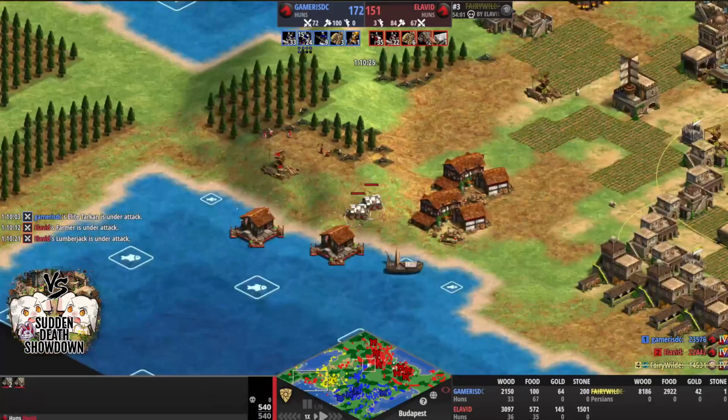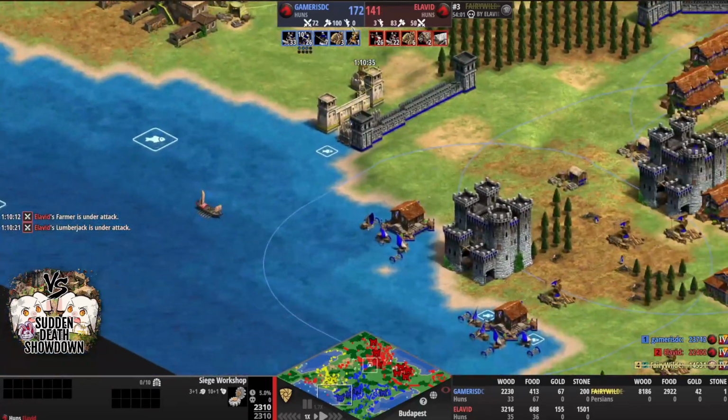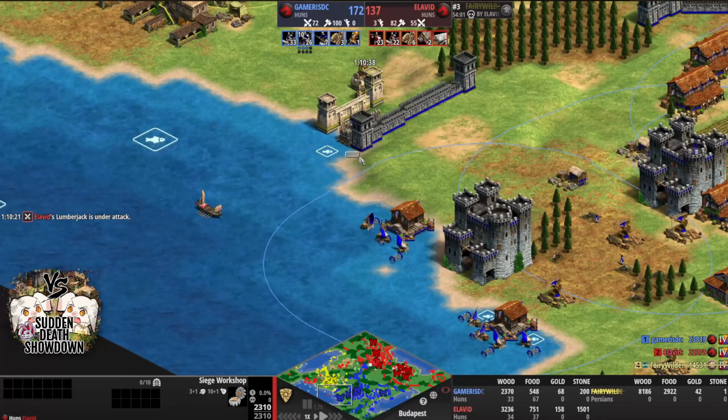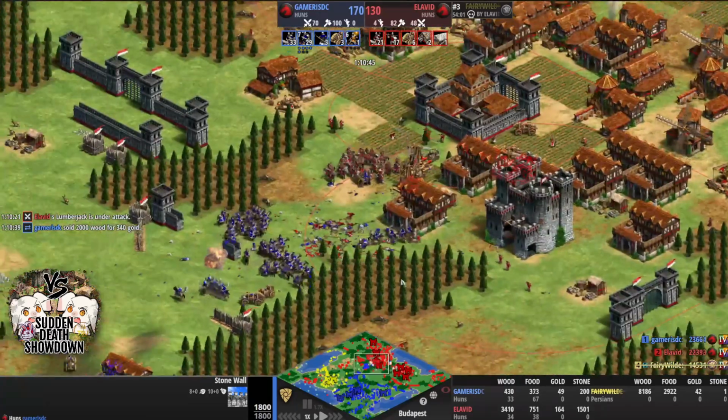Can't play siege ram. Siege rams are in. I did say we need to get siege rams from somebody, and it's Elavid with the siege rams. He could even transport them, dude, and drop them like here. Don't think he will, but